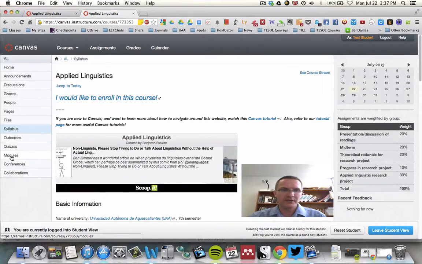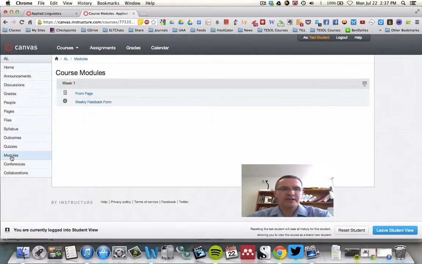I'm going to first start with modules, and I'm going to organize the content in weekly modules. So right now I haven't populated much here, but you can anticipate weekly modules that will have different types of content that make up each of the modules. So for example, you might have a page, which is what this first item is here. This is a weekly feedback form, which is basically a quiz. Not a quiz for a grade, but basically a way for me to get information and feedback from you throughout the course. So each week you'll be allowed to complete this form